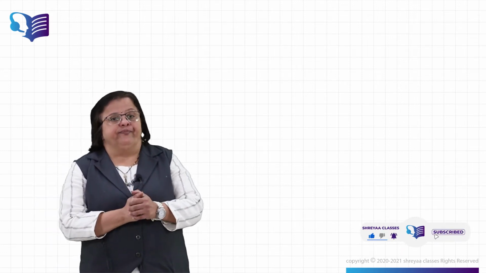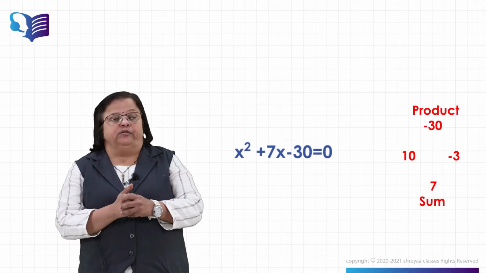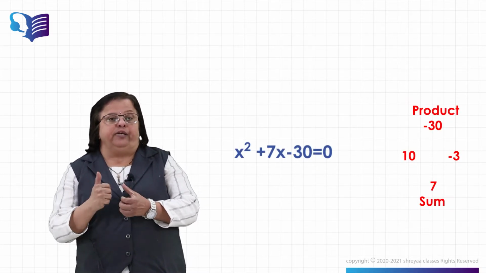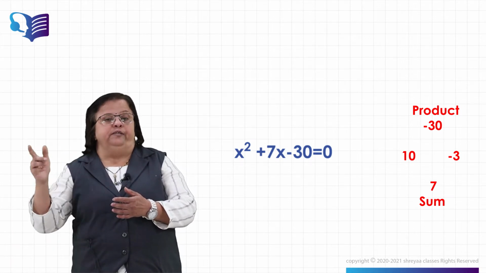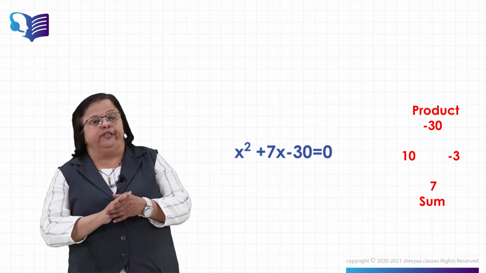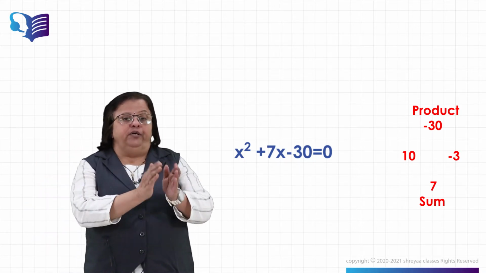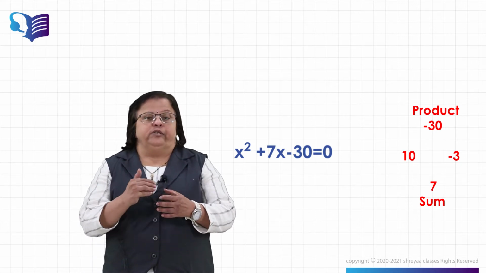We have seen the factorization by splitting the middle term, in which we found two numbers in such a way that the product of those two numbers is the constant term in the quadratic equation, and the sum of those two numbers is equal to the middle term of the quadratic equation. Okay, now let us see the second